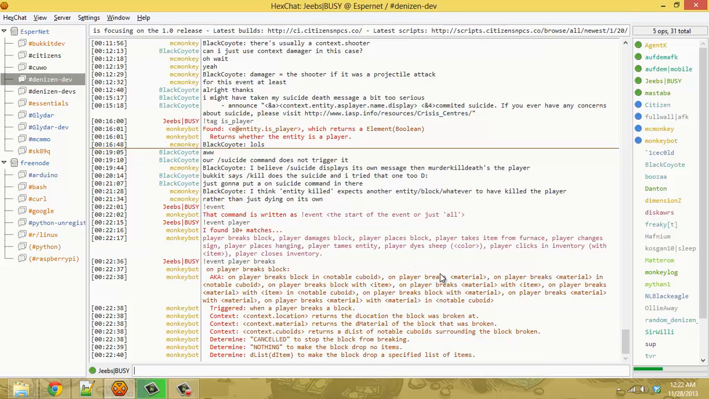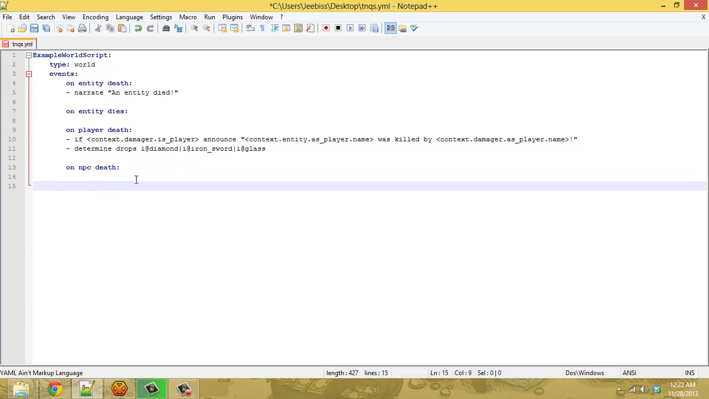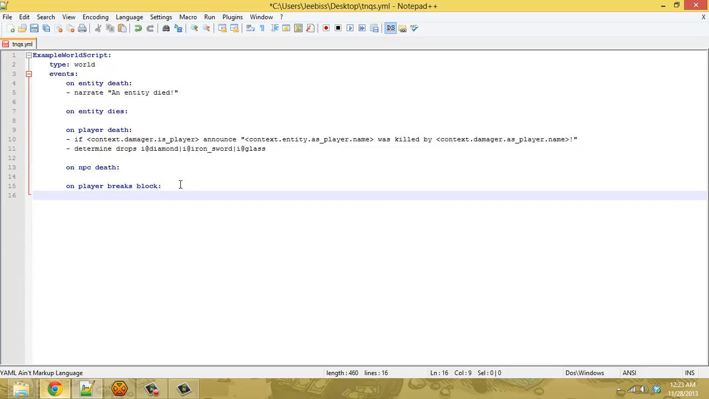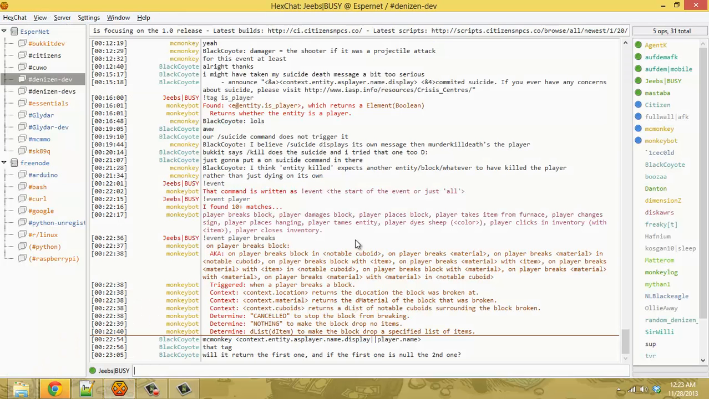So you have a lot of options for aliases to break this down more, but we'll start with the basics here. So on player breaks block. So, we could do the basic thing we did before, announce a player broke a block. Alright, so that's pretty lame. Every time something breaks at all, it's going to announce that. So to make it even more interesting,